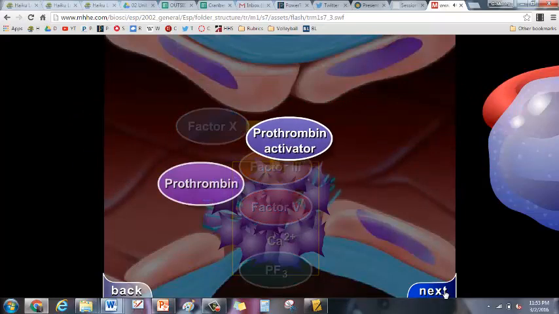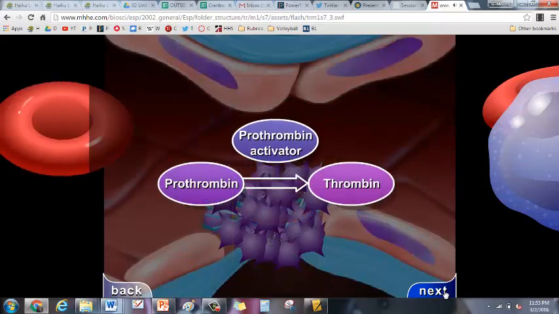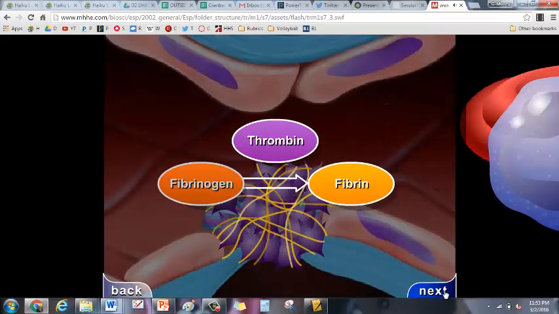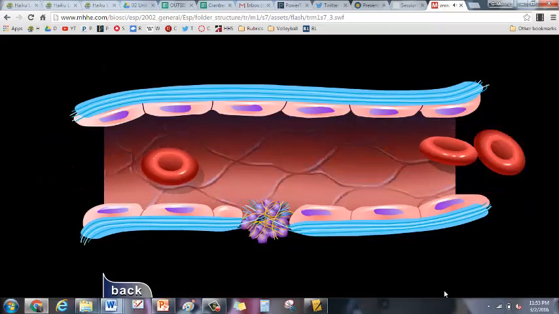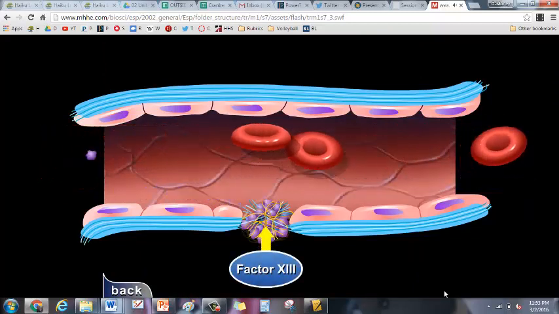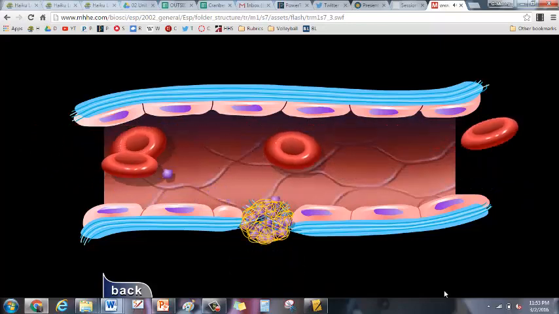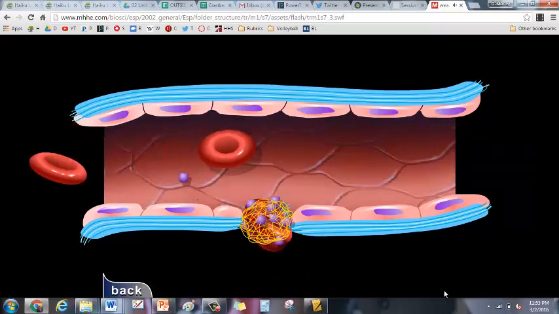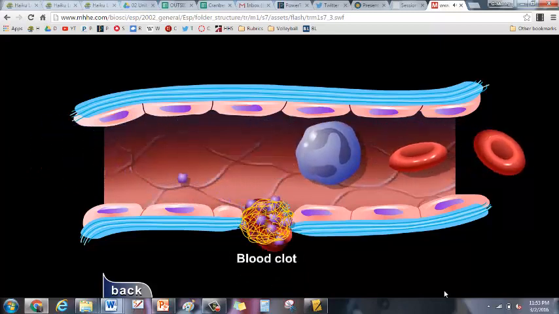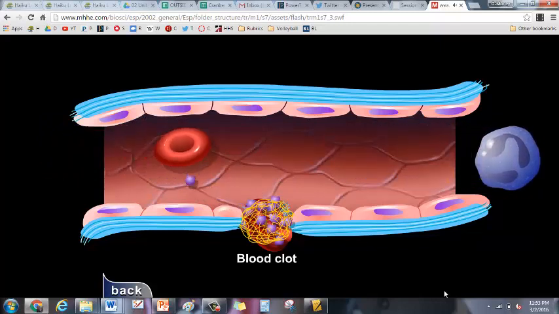And so here's the part that you should know, the simple conversion. Prothrombin activator converts prothrombin to thrombin, and then thrombin converts fibrinogen to fibrin. And that's when we start getting these yellow strands on the screen. Fibrin initially forms a loose mesh, sort of like a wire mesh. Then factor 13 causes the formation of covalent crosslinks, which convert fibrin to a dense aggregation of fibers. More platelets come in, some red blood cells come in, causing those collagen fibers to start making a web, and platelets and red blood cells become caught in this mesh of fiber, thus creating the formation of a true blood clot. And so where this video stops, I'd like to just continue to say that this blood clot is